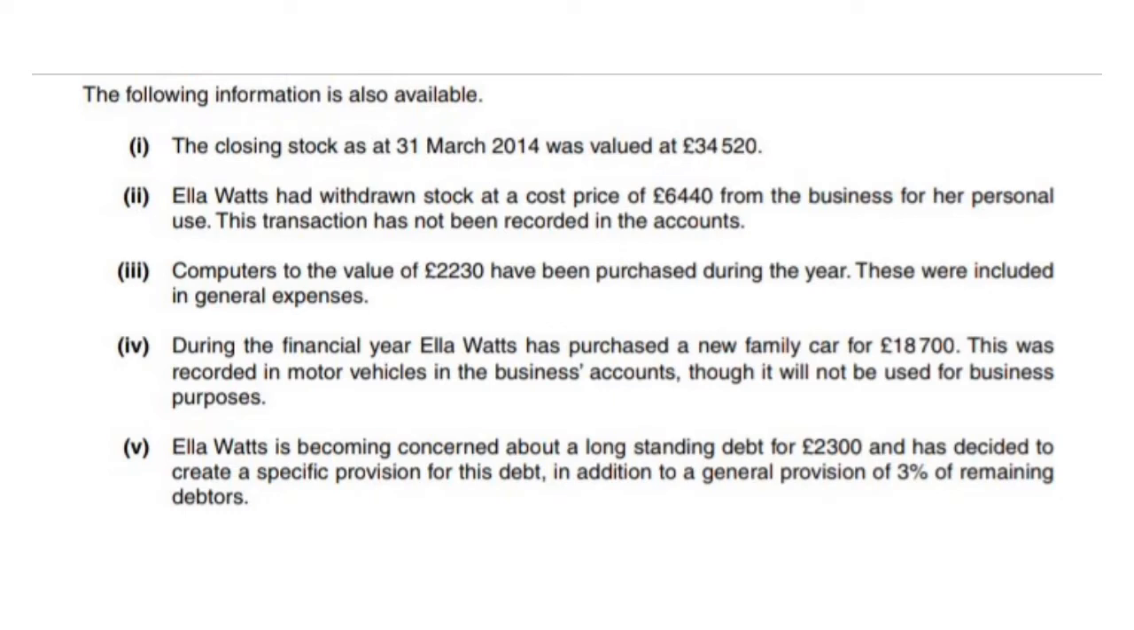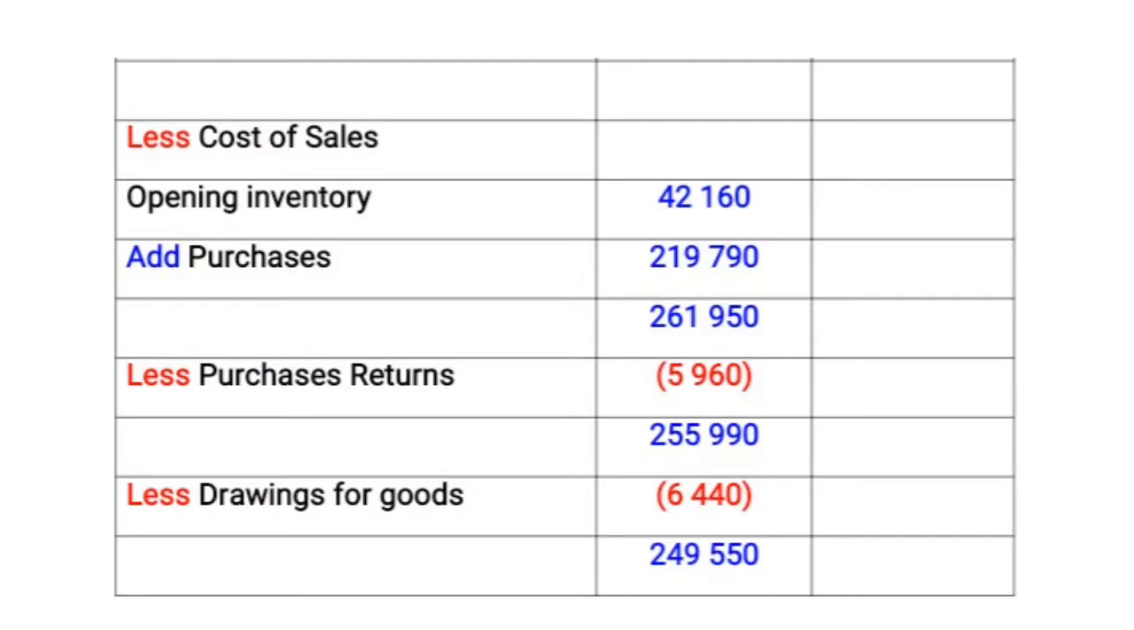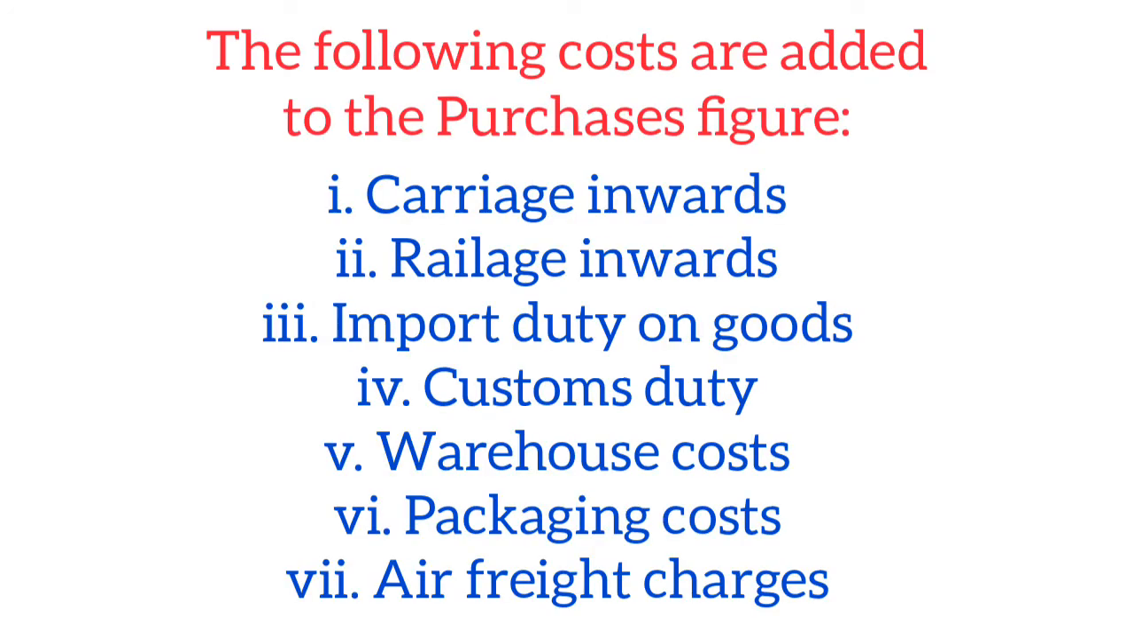So I'm going to less drawings for goods amounting to 6,440. So it means that 255,990 minus 6,440, you come out with 249,550. Right. So after deducting those two items, we are going to add